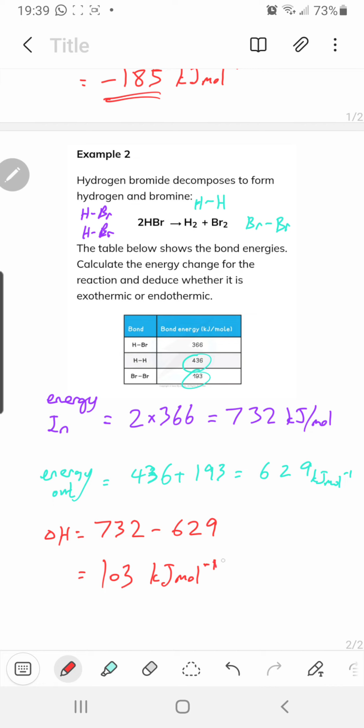Okay, so since this is a positive energy change, this was an endothermic reaction. I hope that's all good. If you have any question, do ask me, but definitely remember to draw the displayed formula,